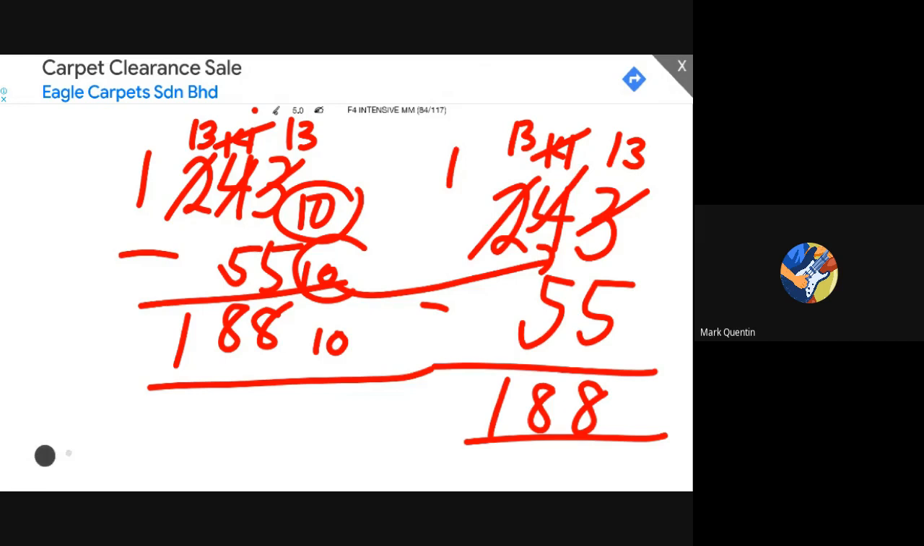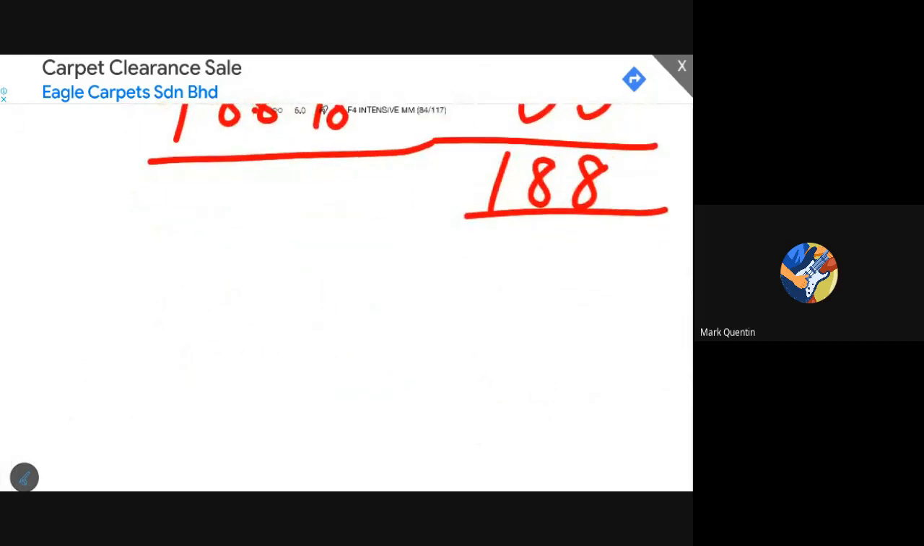Okay, so good. So this is how we do it. So let's say I give you all another example now in a different base. Let's say I choose base 5. Saya guna asas 5. 243 base 5 minus